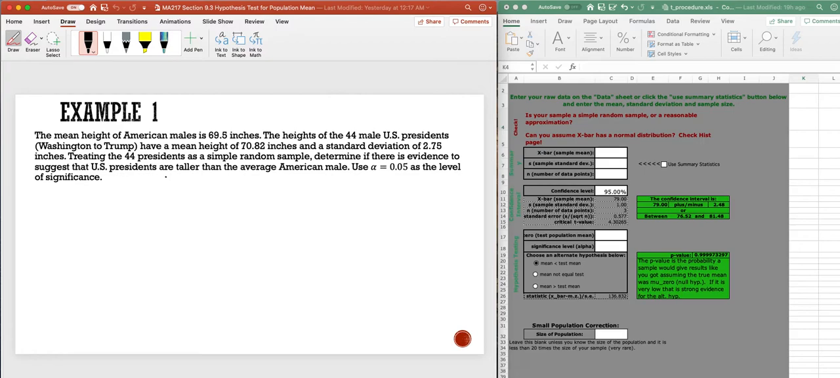So we first need our hypothesis statements. The null hypothesis would be that the population mean is indeed equal to 69.5 inches, as stated in the very first sentence here. The alternative